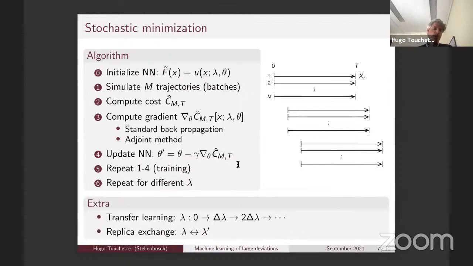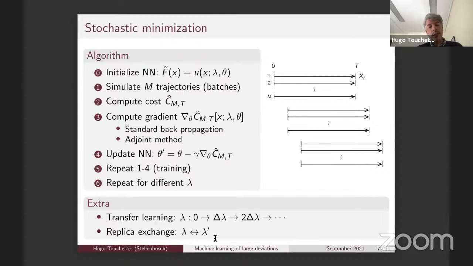There are some extra steps that you can put into this. For instance, instead of starting with some fixed lambda, you can start with a lambda that's close to 0, and then you can step the lambdas gradually. You can use the final information that you have for a small lambda as the initial condition for the next step for the other lambda. With this, you can cover a whole window of lambda values using, again, as initial condition, the last convergence point. This is called, in machine learning, transfer learning, because you're just using the learned network to inform another simulation for different parameters. And that usually speeds up the convergence quite a lot.